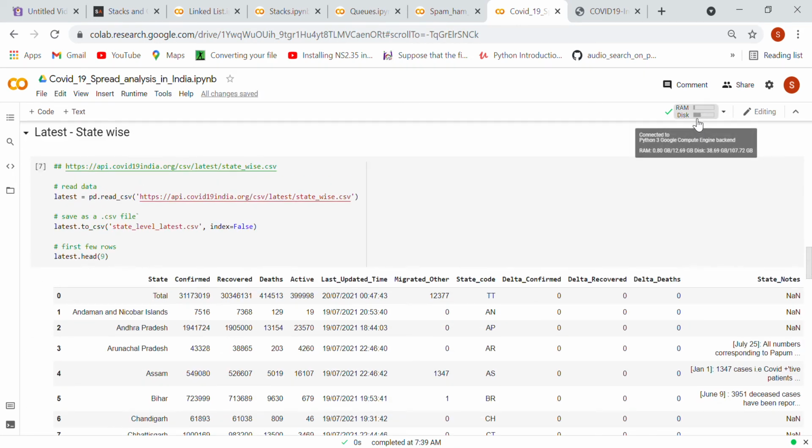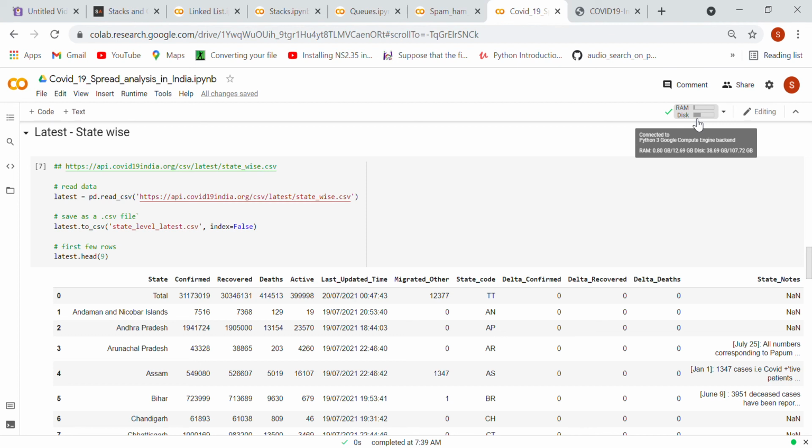And you can see here this RAM and disk, right? It means that your Colab is faster because it is giving you a lot of RAM free of cost. You can see it when I put the cursor there. It is showing that out of 12 GB you have used only 800 MB to write this code. And in storage, out of 107 GB it is showing you 38. Because this Colab is very fast, and it is providing you both RAM and hard disk to run the code, right?